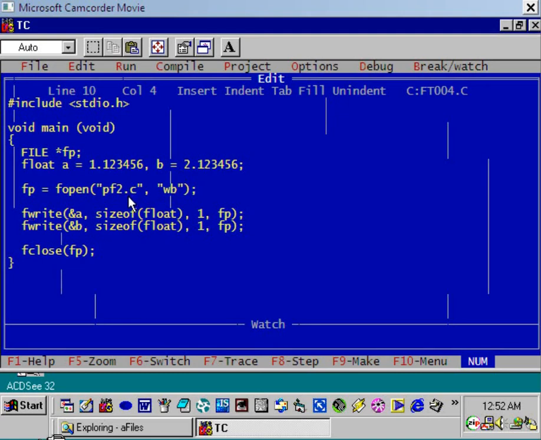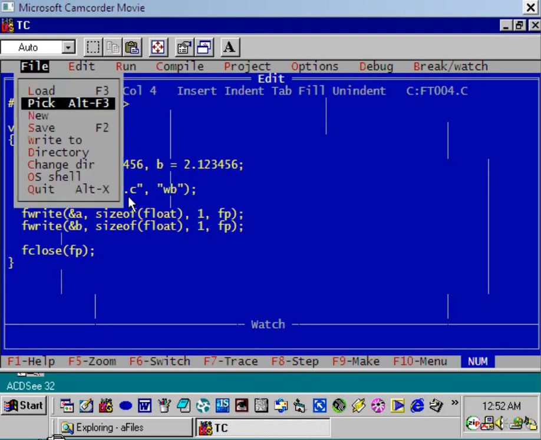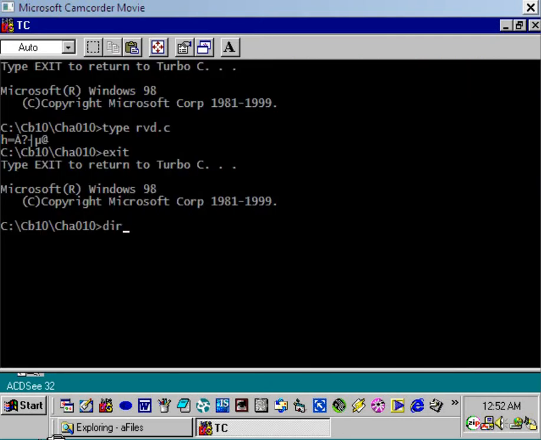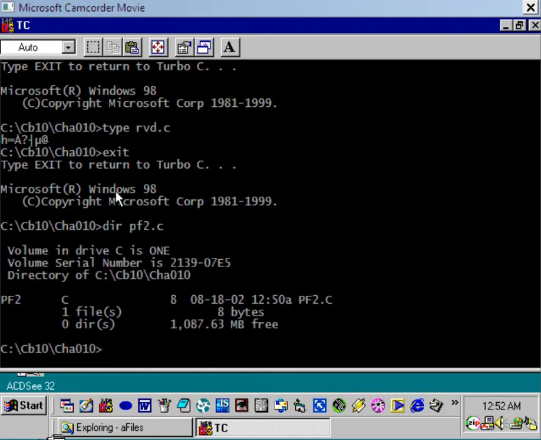If you want to confirm it, just go to the DOS prompt and see the size of this file pf2.c. What is the size? The pf2.c size is 8 bytes. If you store the content of a and b using text mode, then the number of bytes required is more than this.